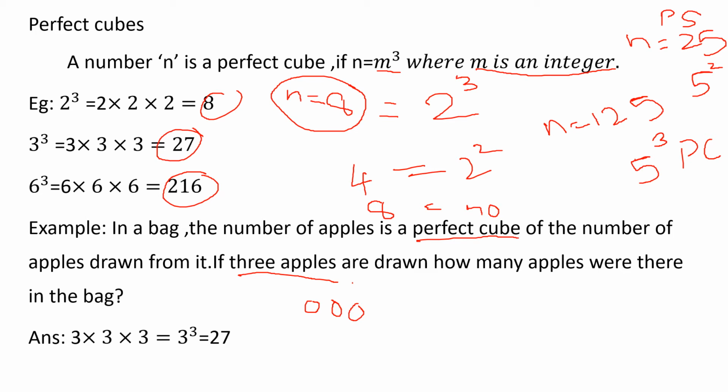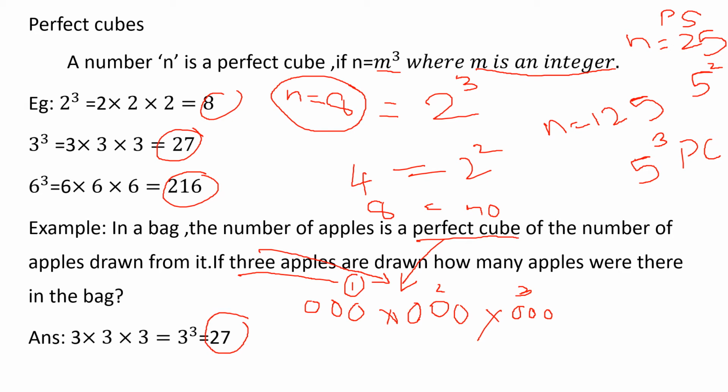One time I have taken. Again I'm taking a second time because it is represented as a perfect cube. Three apples, perfect cube means three times I'll be taking, right? One, two, three. Second time I have taken three apples, and third time also I have taken three apples. So calculate it: 3 into 3 into 3. 3 threes are 9, 9 threes are 27. 27 apples. So the total number of apples in your bag is 27.